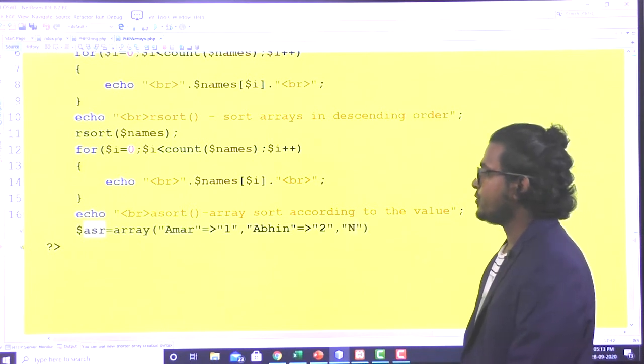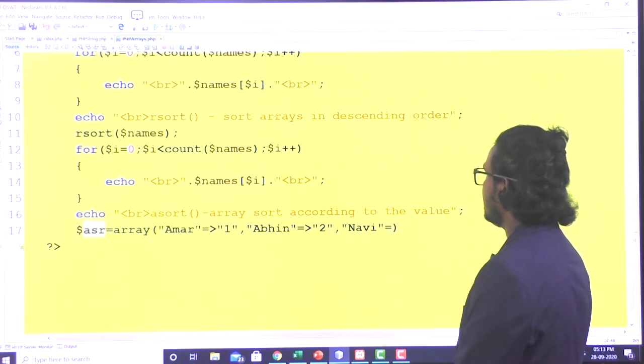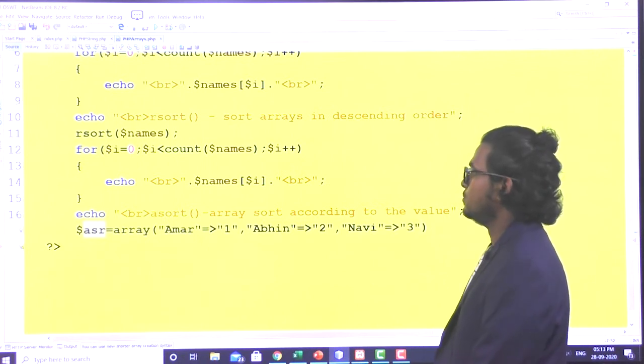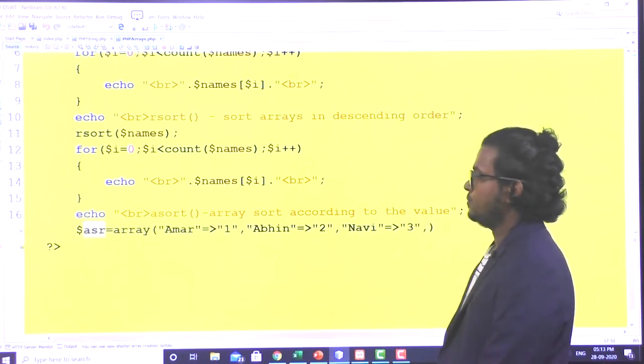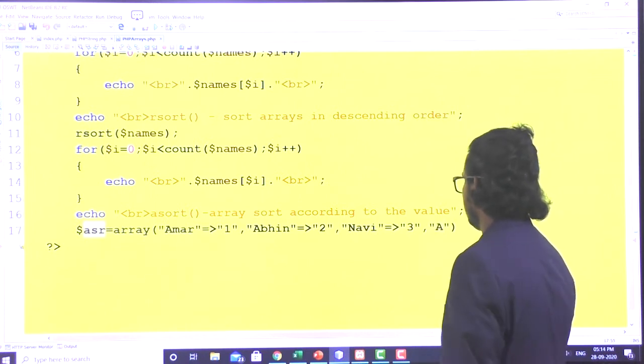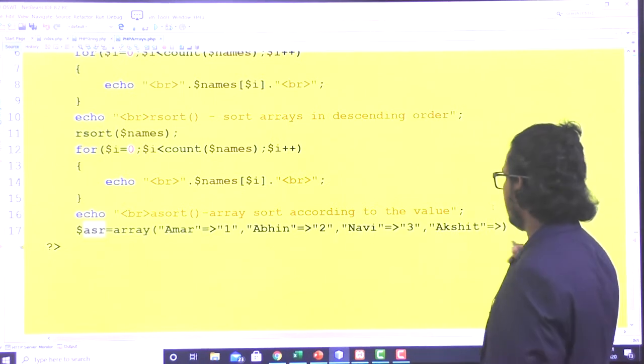You create one associative array. My associative array name is asr. So I'm creating it here. It is a big array.